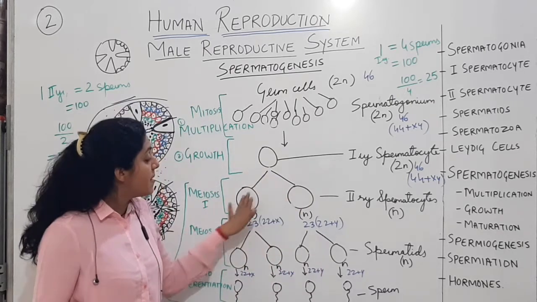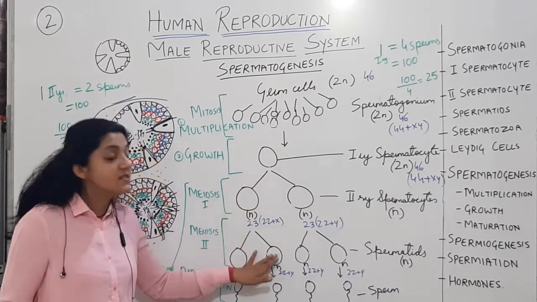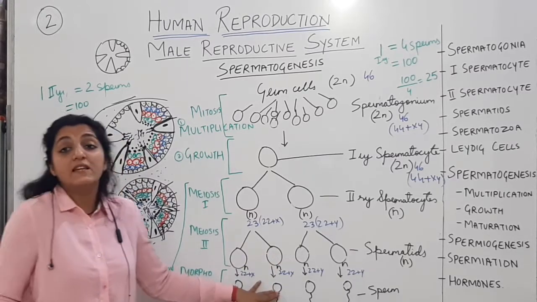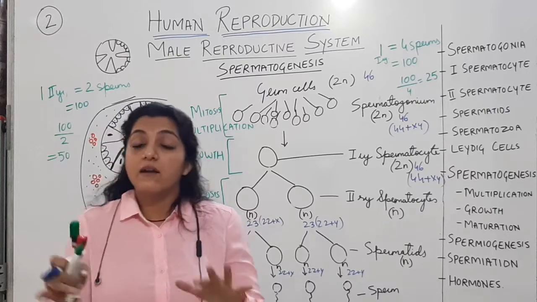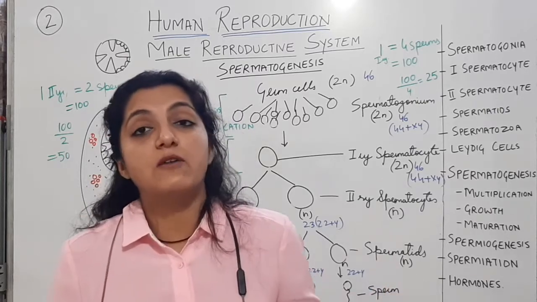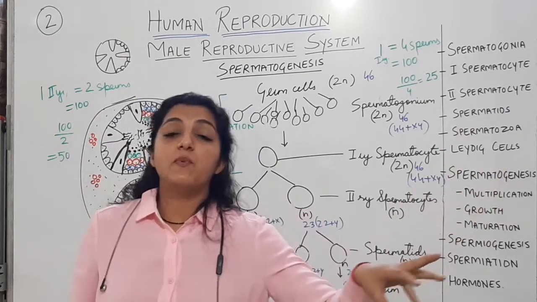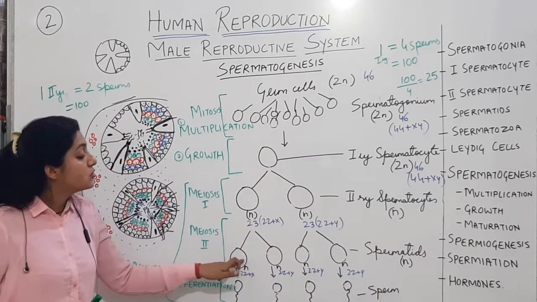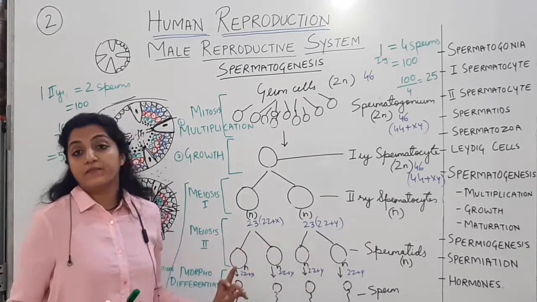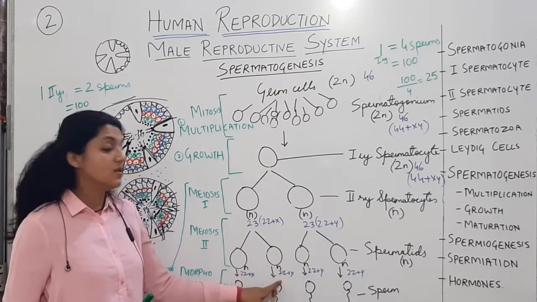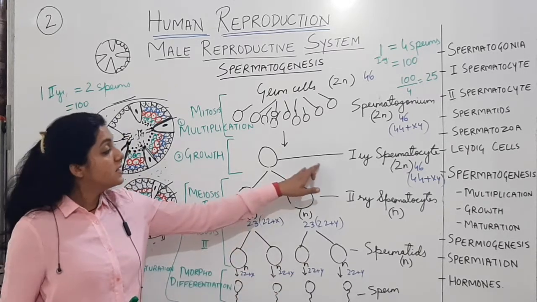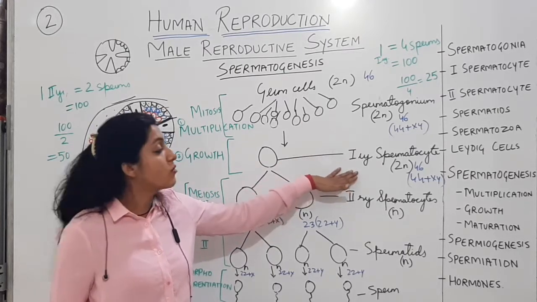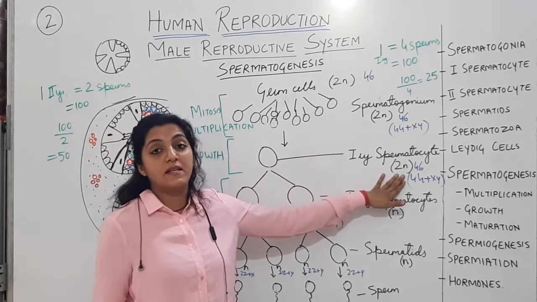एक सेकेंडरी स्पर्मेटोसाइट से 2 स्पर्मेटिड्स मिल रहे हैं, that means 2 sperms मिल रहे हैं, and then you have to calculate. अगर 100 स्पर्म्स चाहिए तो कितने सेकेंडरी स्पर्मेटोसाइट्स बनाएंगे, अगर 200 स्पर्म्स चाहिए तो कितने सेकेंडरी स्पर्मेटोसाइट्स बनाएंगे. Alright, so this you have to understand over here, and also the genetic contribution. Still here you are having diploid cells only. 46 आपका क्रोमोसोम नंबर, 44 plus XY वैसे भी लिख सकते हैं.